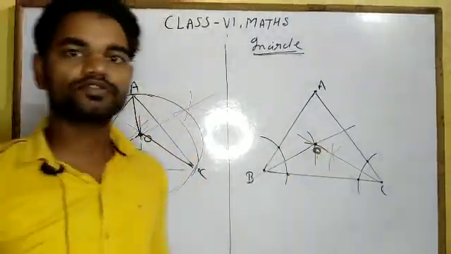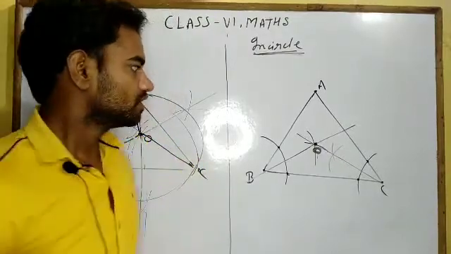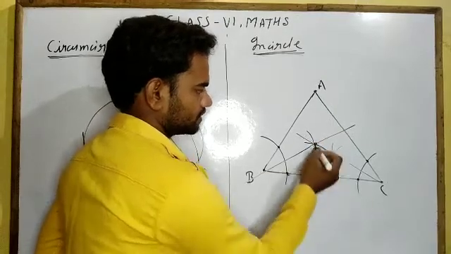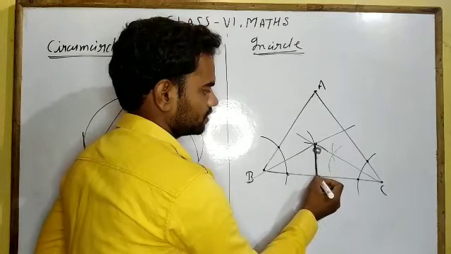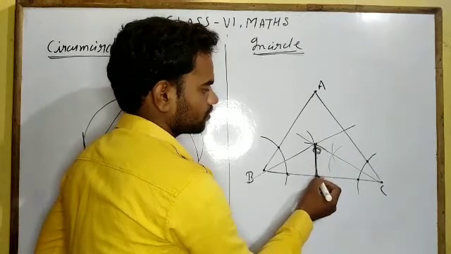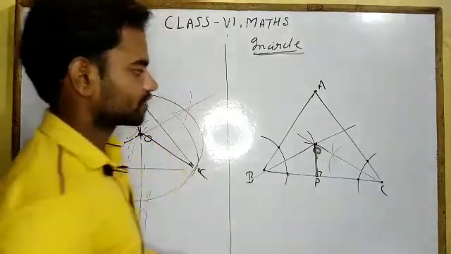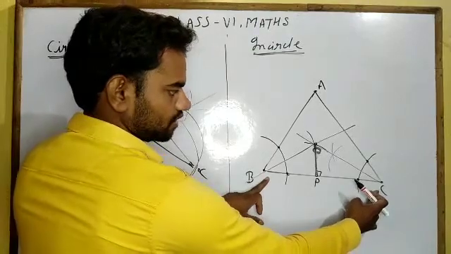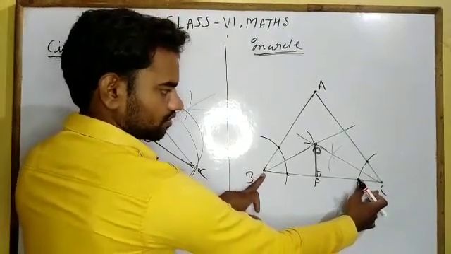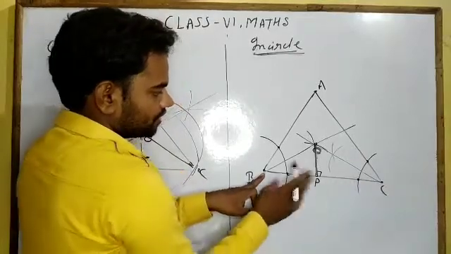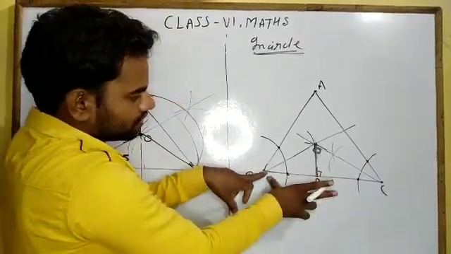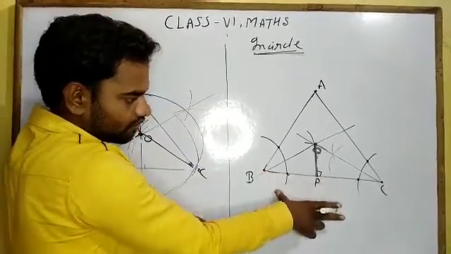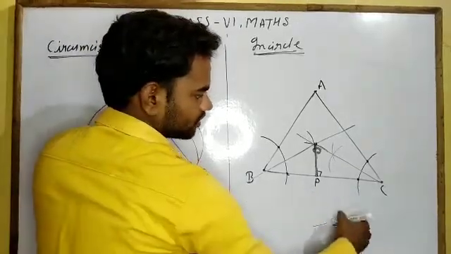Second thing, we have to find the radius. So draw the perpendicular from O to side BC. This OP will be the radius. How will we draw the perpendicular OP? Simply from B, mark an arc on side BC, taking an arc of more than half. This is approximately half and more than half. Draw an arc here. Similarly, place here and draw an arc here.